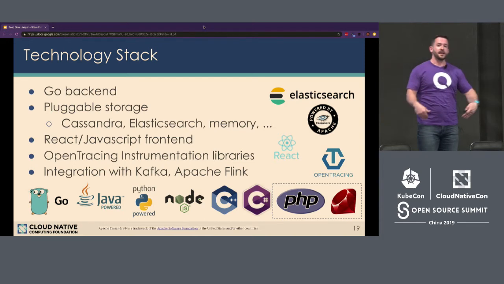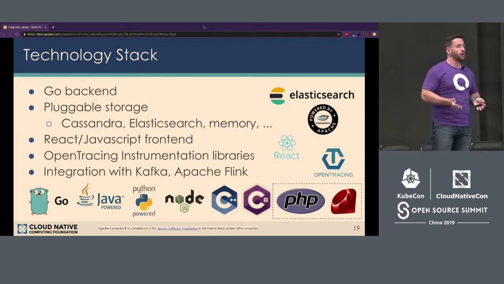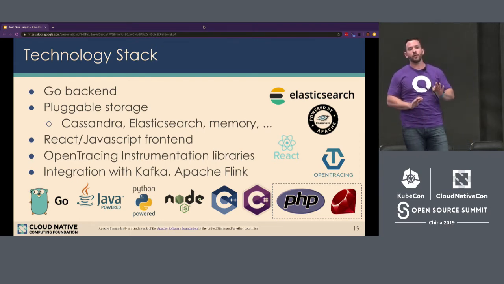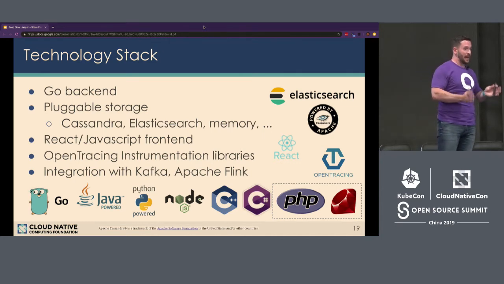All right, going back to Jaeger, the technology stack. So Jaeger is written in Go. It's completely Go language today. It has a very pluggable storage architecture. This is actually critical. It's one of the newer features that came out in the 1.9, 1.10 timeframe, and 1.12 is the latest version. So basically the way Jaeger handles this is they support 3 core storage backends in the Jaeger repository itself. Those backends are Cassandra, Elastic, and Badger.